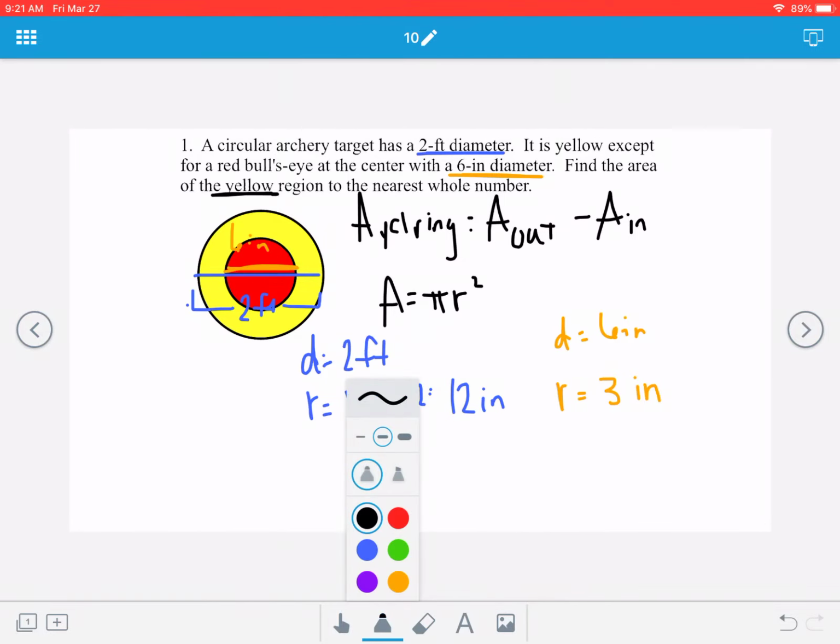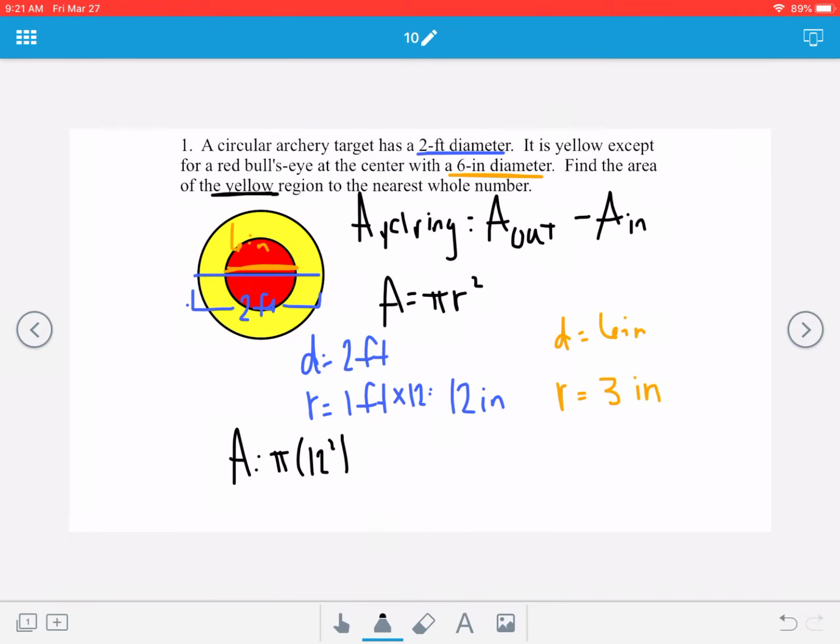Now, area of the outside circle. Pi times 12 squared, 144 pi. Area of the inside circle, pi times 3 squared would be 9 pi. To find just the yellow ring, I have to take 144 pi and subtract 9 pi from that, and I would get